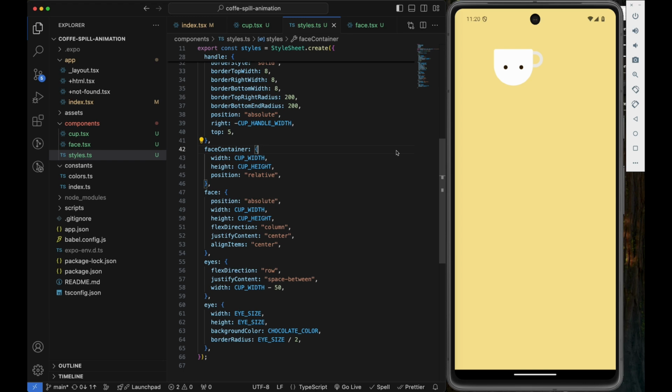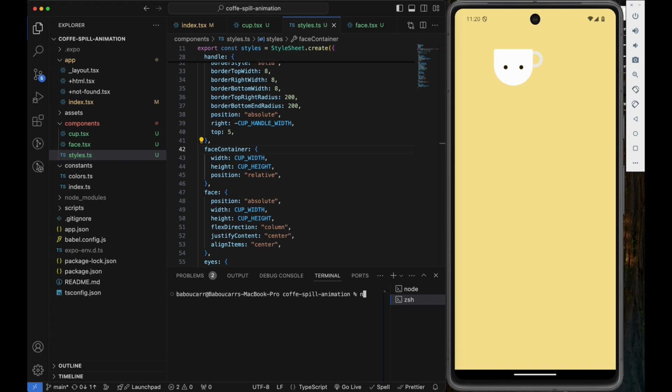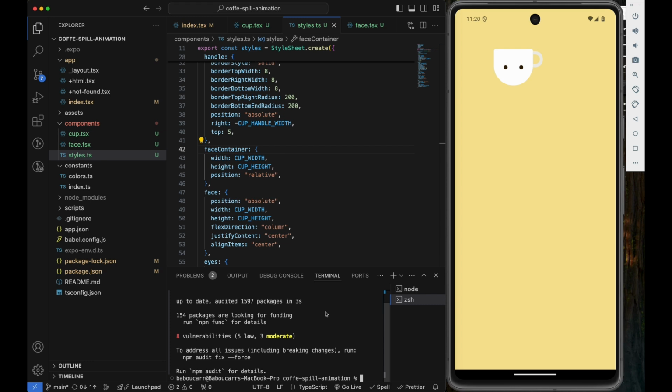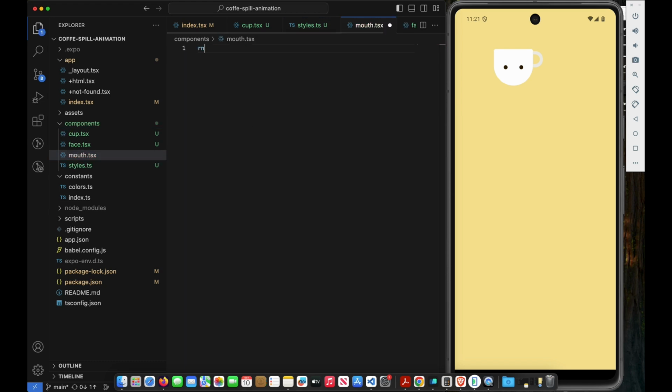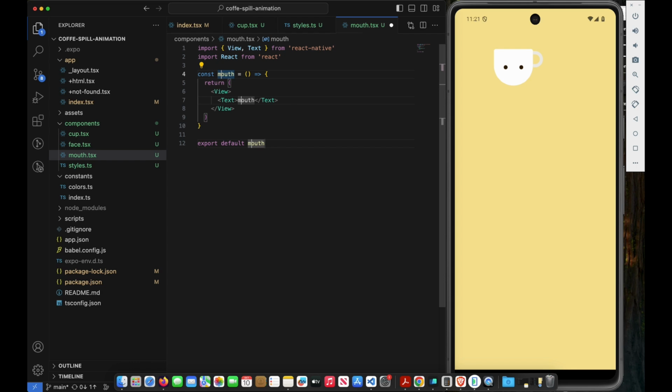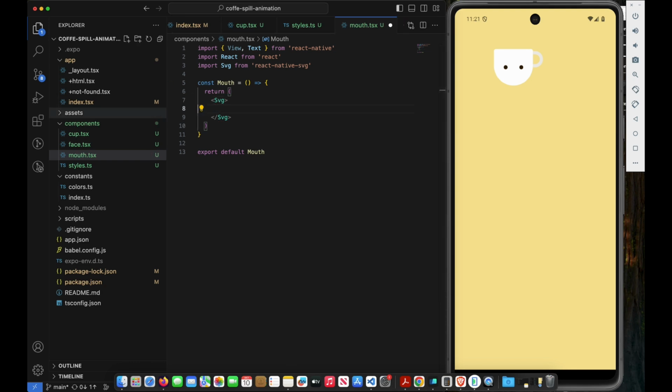What we need to do is we will create our own custom SVG. So in order to do that, we will make use of React Native SVG. So we will need to install React Native SVG, npm i react-native-svg. So React Native SVG is installed. Let's create a new file here called mouth.tsx, and we'll rename it to mouth, and then we'll change this view to SVG, remove this path,